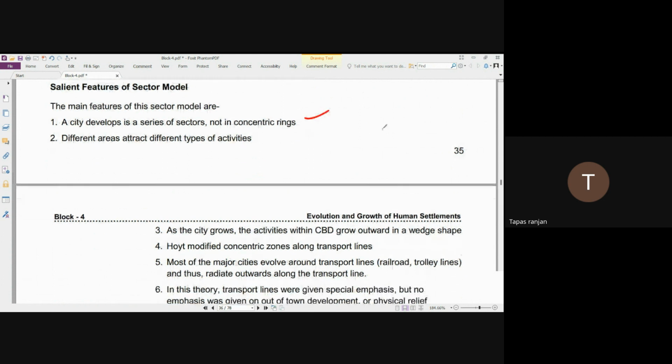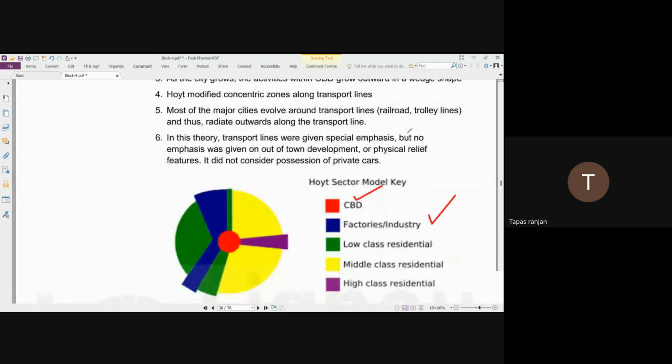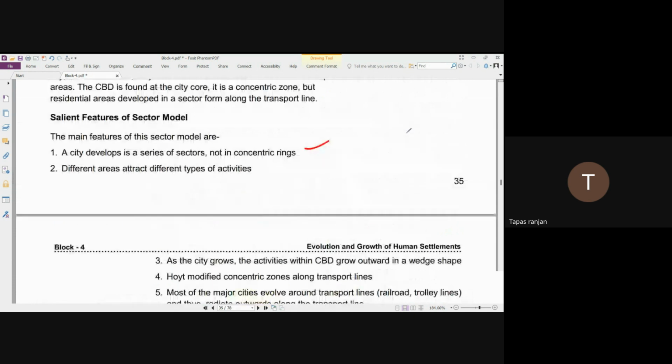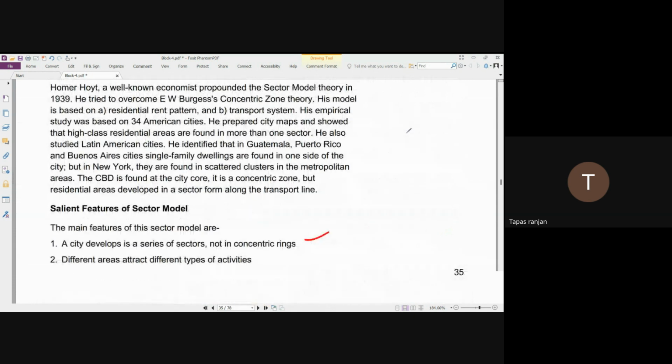And now let's suppose an area which is nearby the CBD and does provide you favorable services. Then a lot of rich people will be living there. That is basically the high class residential area, and mostly the middle class and the low class residential areas will be elsewhere. So low class residential areas will be in that region where a lot of services will not be available,